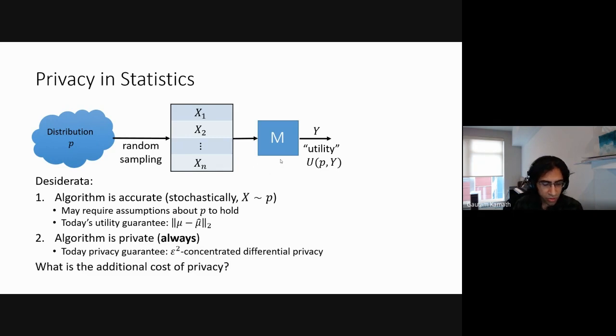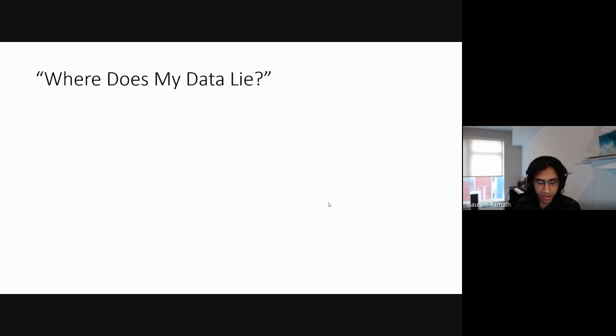And an overarching goal, like pretty much a lot of the work I do in differential privacy nowadays, can be described as in this slide, just trying to understand what is the additional cost of privacy to guarantee 2 in addition to our non-private guarantee 1. Before we continue, are there any questions about this setting, or in an abstract sense, what we really want? Cool. If there's no questions about the desiderata, let's talk about this problem.